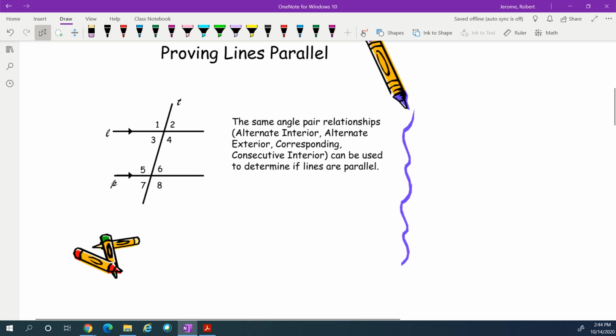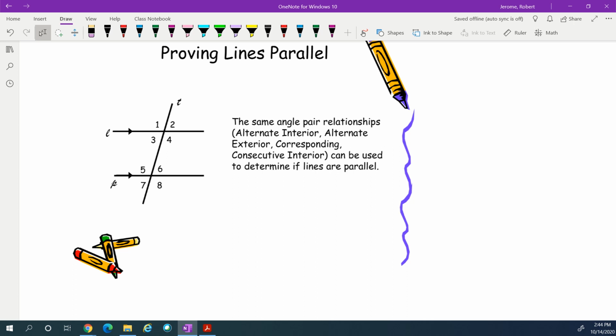Think about this picture that we've been working with. If the lines are parallel, as a result, we know that the alternate interior angles are congruent, alternate exterior angles are congruent, corresponding angles are congruent, and consecutive interior angles are supplementary. We're going to just flip that around and we're going to say, let's use the angle information and decide if